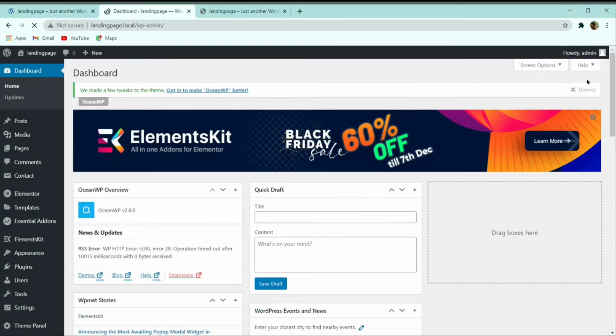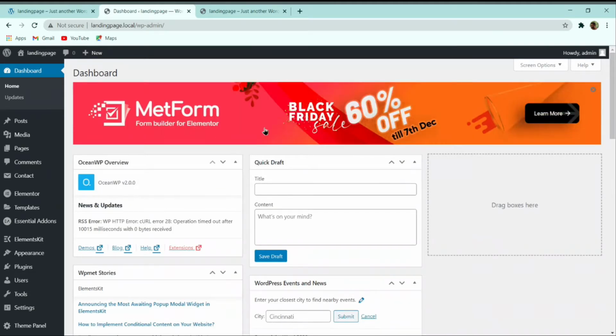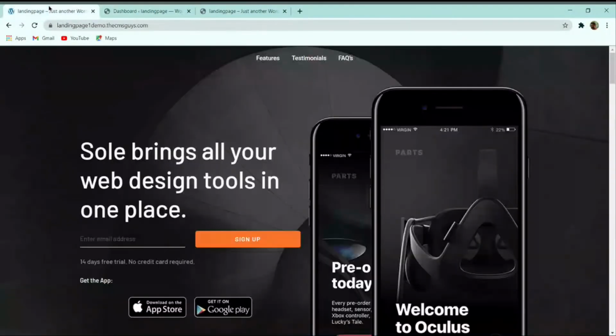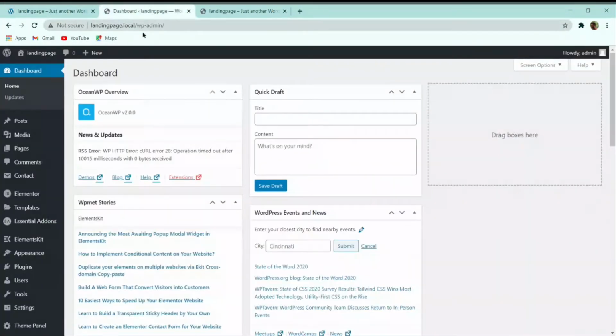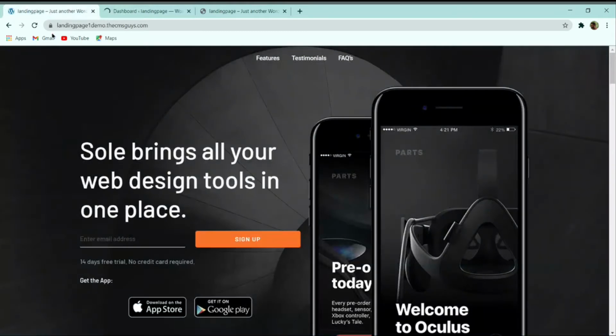And you can also dismiss this one, and here you can see that it is also telling us to purchase this, simply cross this one. So now here you can see that we have already installed all the required plugins and the theme which we want to create. So now let's start creating our website.